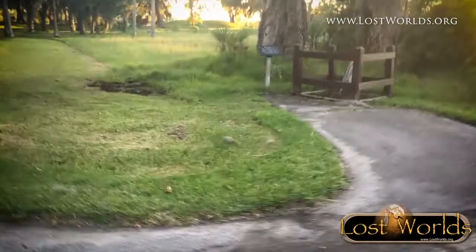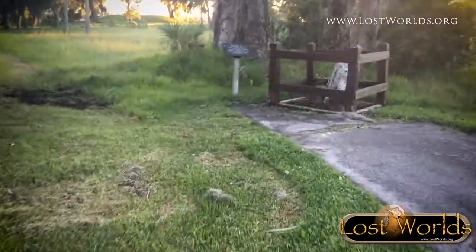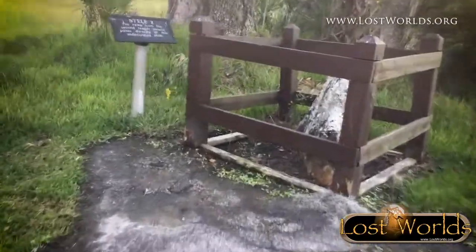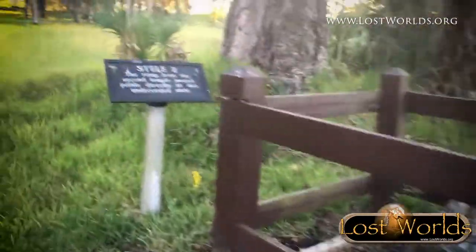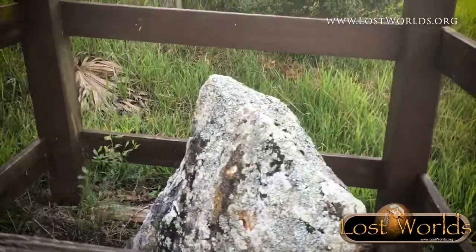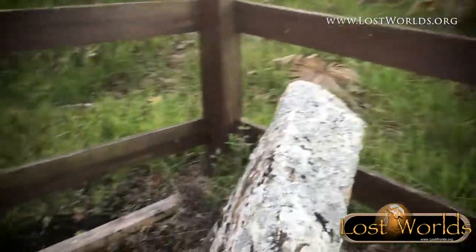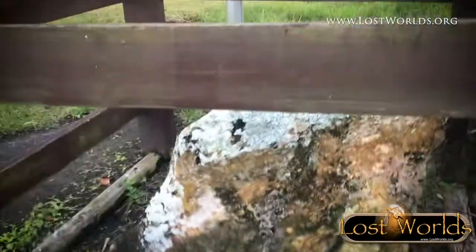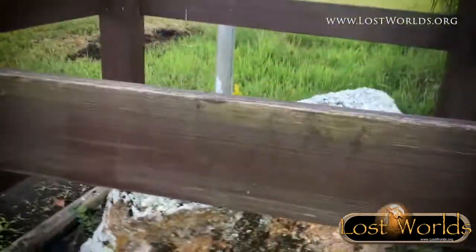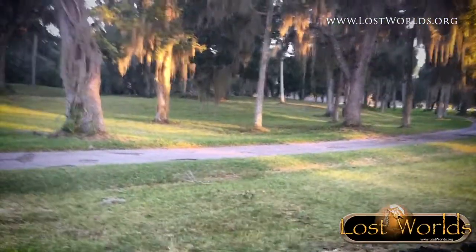Here at the park, there were also some standing stones, which you can see here inside this fence, which archaeologists refer to as stele. And so you see one here. It aligns. There is another stele across. Get a good look at the stele here. There's another stele across the site, all the way over on the other side of the site,